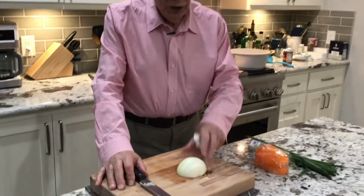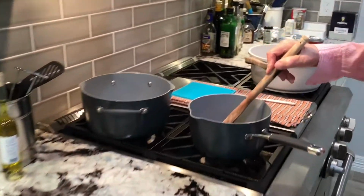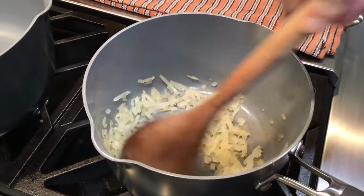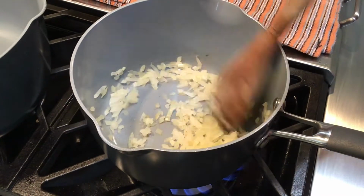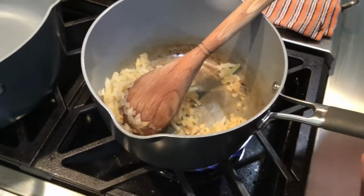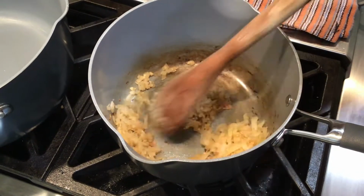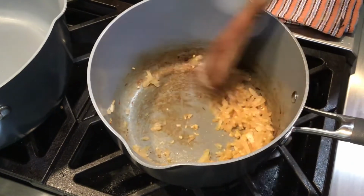I have the onion now, just put it to saute the onion. I'm sauteing the onion without any oil, just to caramelize the onion nicely. So there's no oil inside here. Now I have to add chopped garlic, one teaspoon of garlic. The onion is caramelized, so let the garlic a little bit also